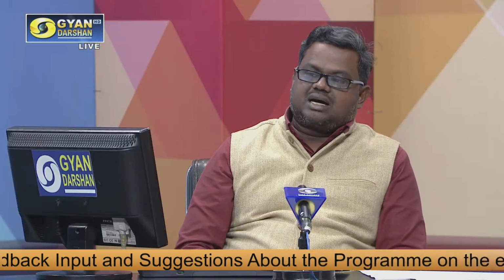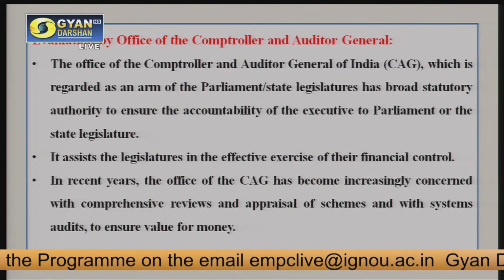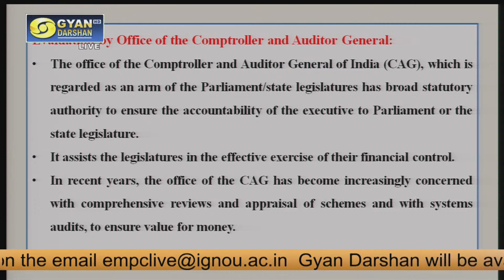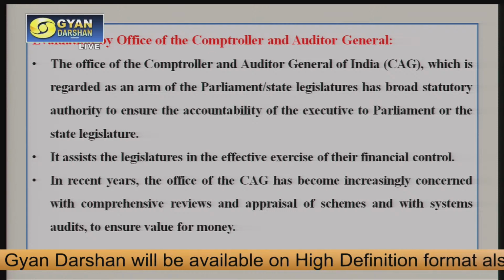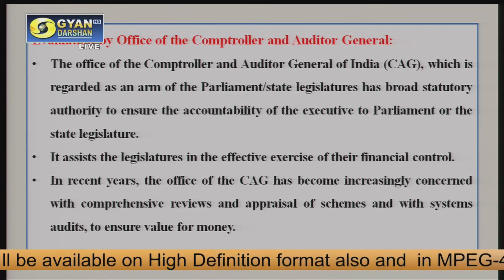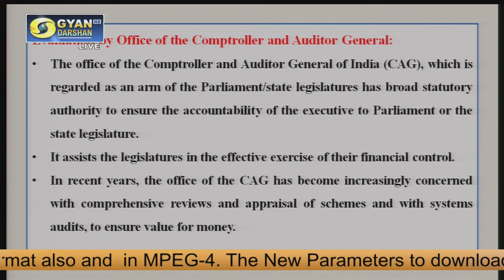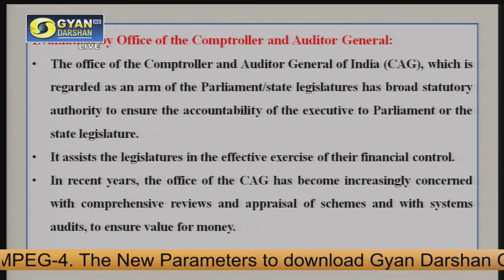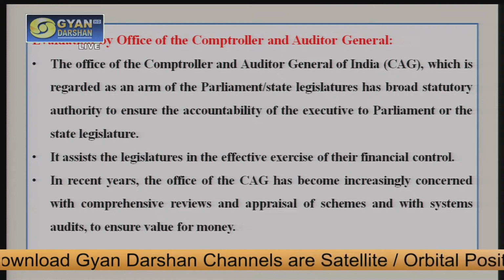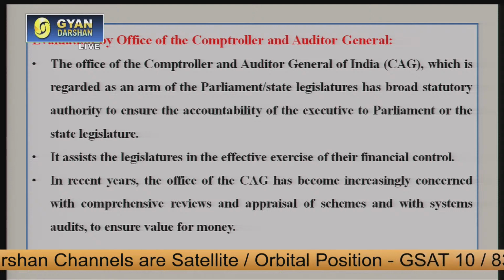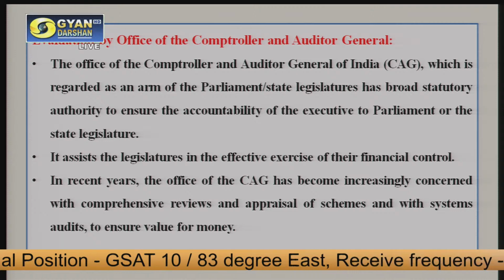Another important one is evaluation by the office of the Comptroller and Auditor General, which they call the CAG. It is one of the constitutional bodies, regarded as an arm of the parliament and the state legislature, with broad statutory authority to ensure accountability of the executive to parliament or the state legislature. It assists the legislatures, and the office of the CAG has become increasingly concerned with comprehensive review and appraisal of schemes, with systems audits to ensure value for money. The parliament has passed